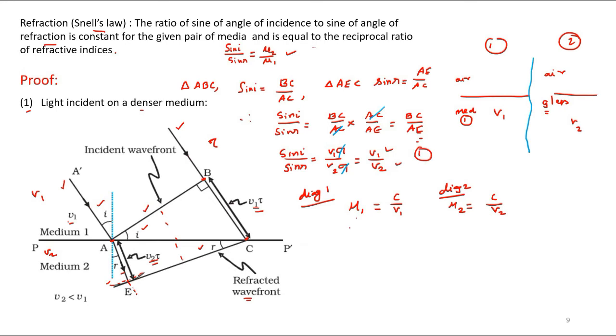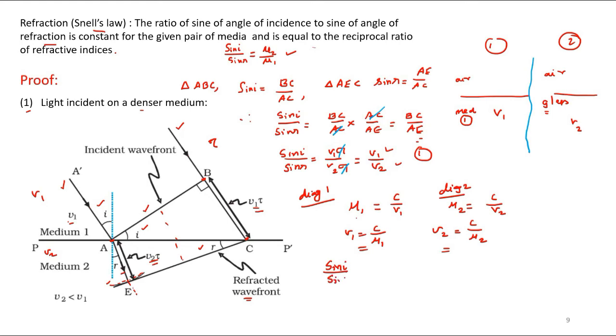From this you get V1 is equal to C by mu1, and from this you get V2 is equal to C by mu2. So substituting this and this in equation 1, you get